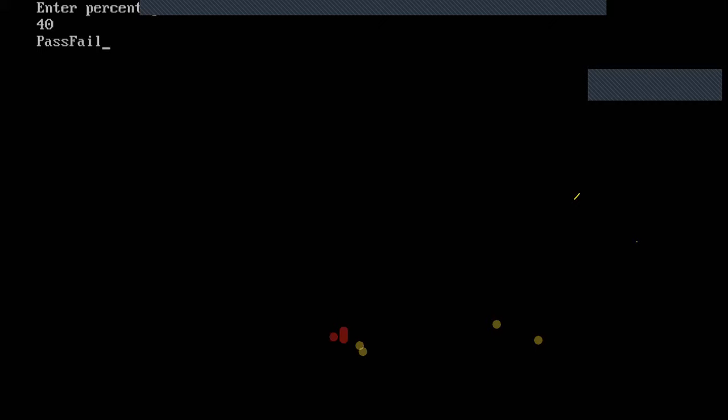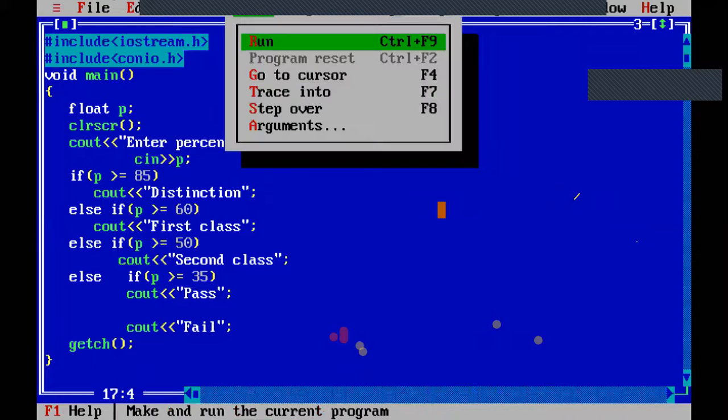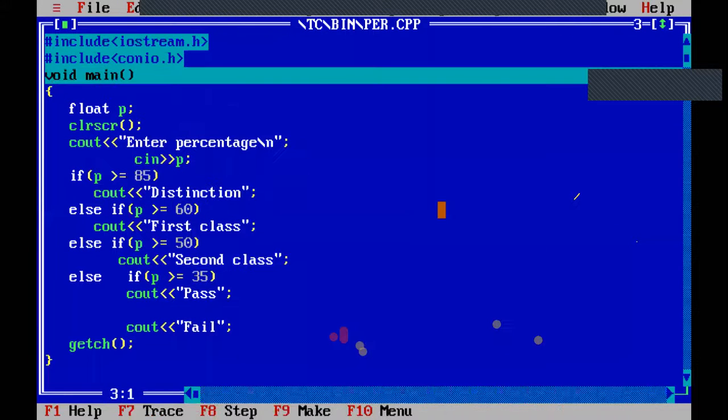See, it is printing both pass and fail. Which is wrong, right? In a report card, if there is a fail, there is no concept of pass. If there is a pass, there is no concept of fail. We will not get two results like pass and fail. We should get one result, either pass or fail. So here two things are displayed, which is wrong. Output is wrong. Program is correct, meaning there is no grammar mistake, but there is a mistake in the logic. What is that? We have missed the last else part. Now I will execute this program by checking what exactly is happening. See, so main function.